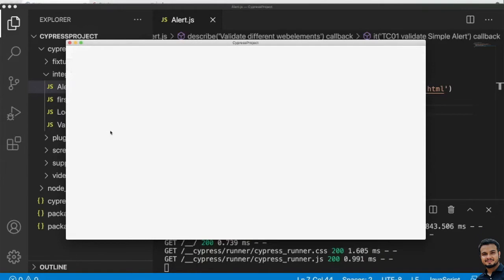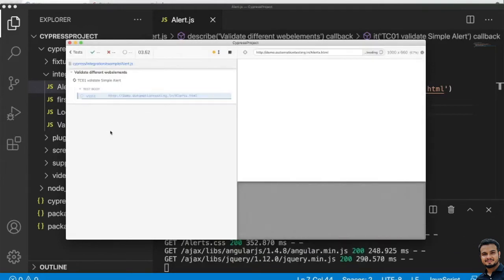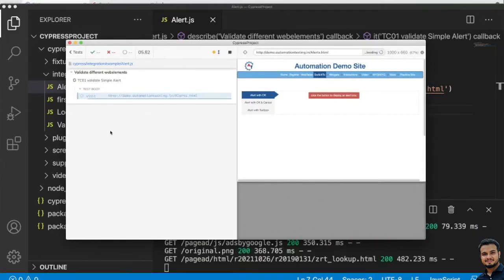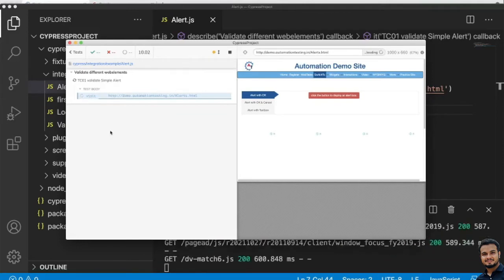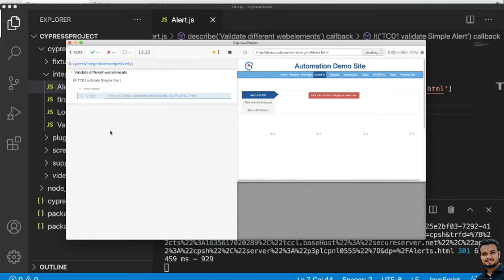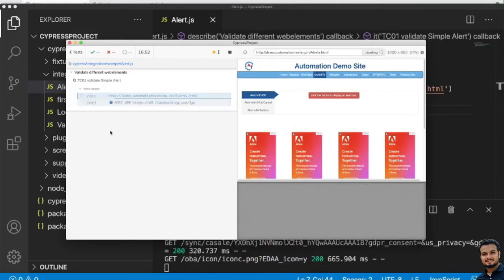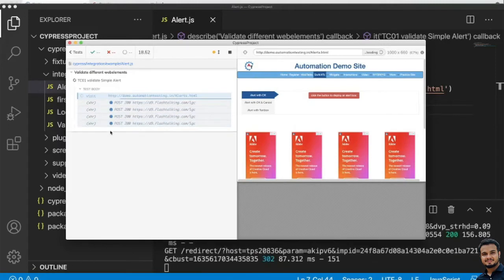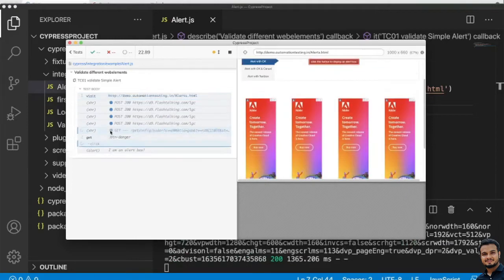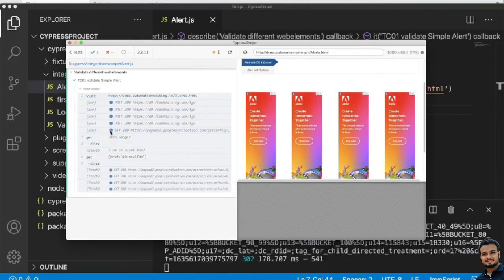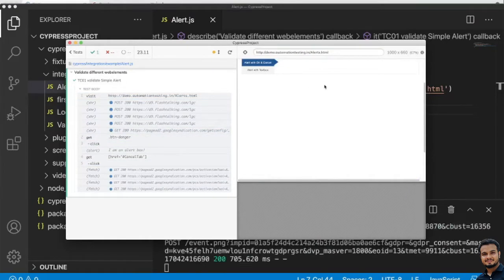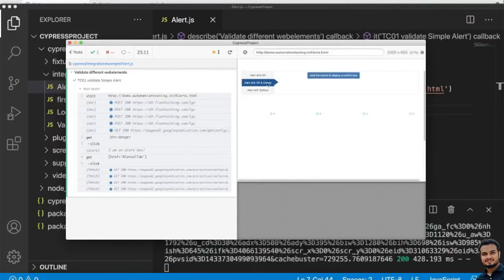Let's see what is happening. It's taking time to load. See, it happened, it was so quick. See, here it clicked.